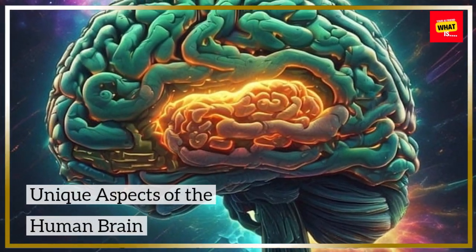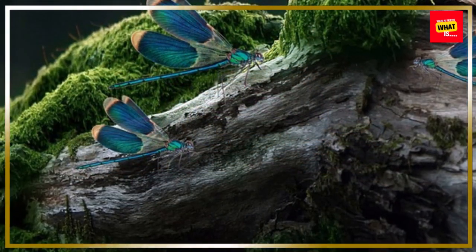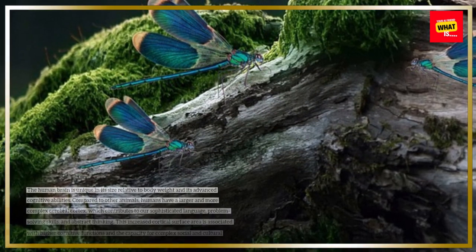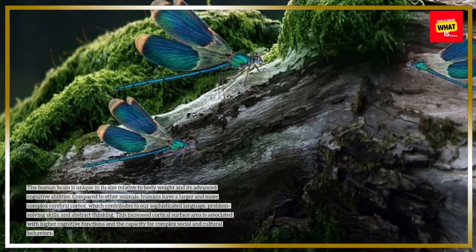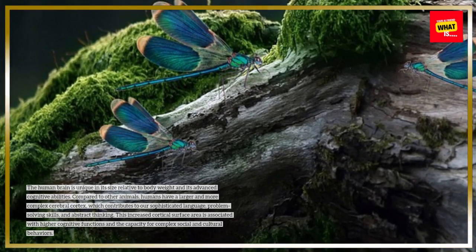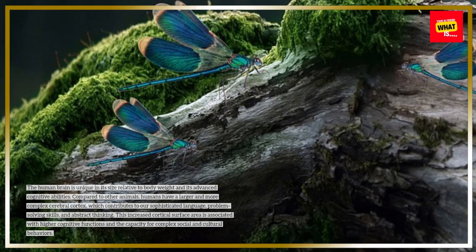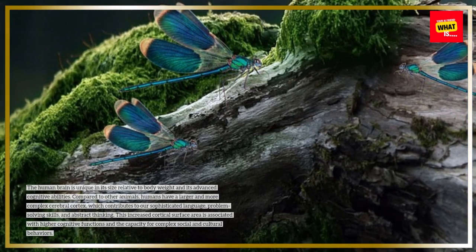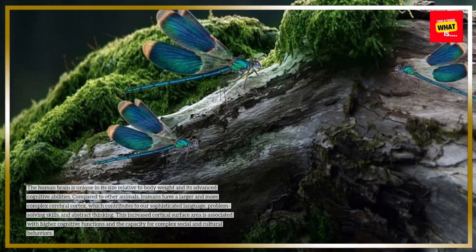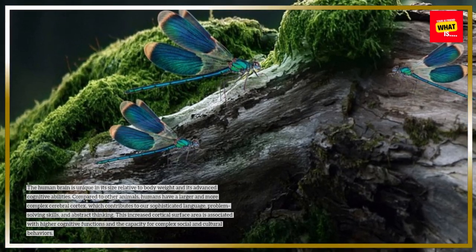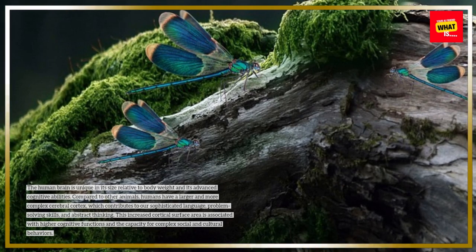Unique aspects of the human brain. The human brain is unique in its size relative to body weight and its advanced cognitive abilities. Compared to other animals, humans have a larger and more complex cerebral cortex, which contributes to our sophisticated language, problem-solving skills, and abstract thinking. This increased cortical surface area is associated with higher cognitive functions and the capacity for complex